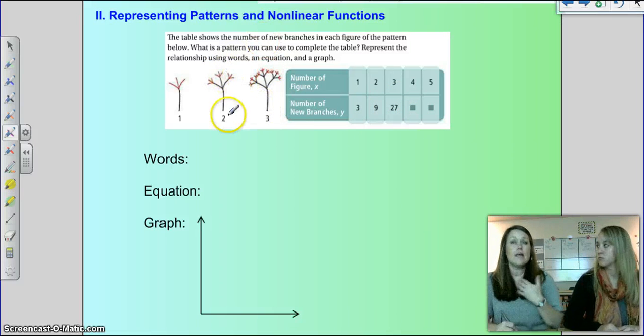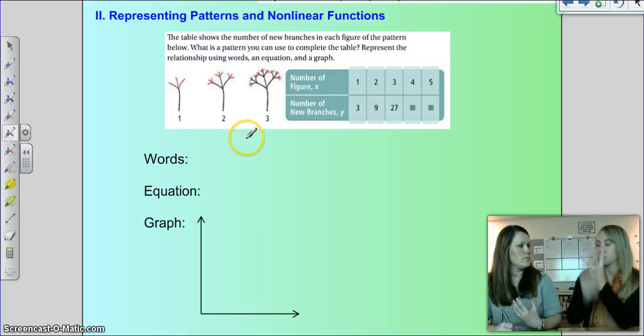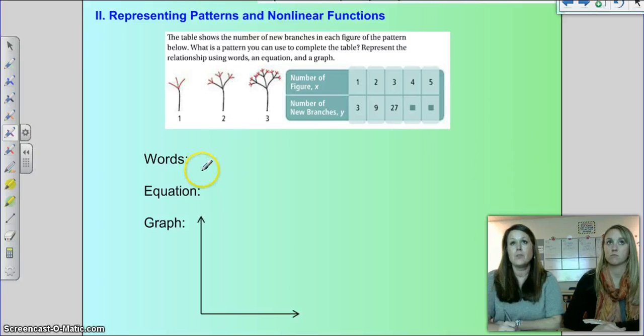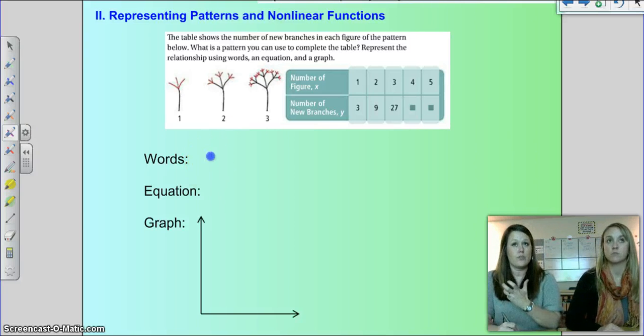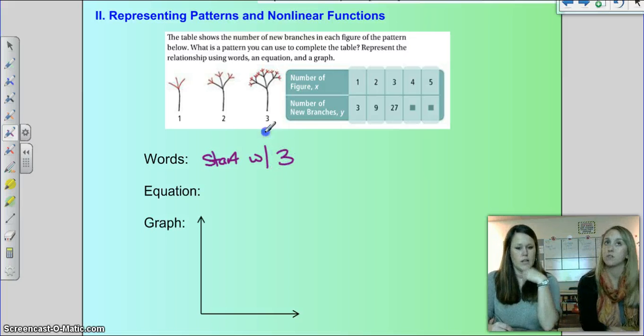Right. So what's happening here? Each one of these gets 3. So if I'm doing something 3 times 3 times, that's cubing something. Right. Okay. So we start with 3. So whenever we write a rule, we always say start with whatever your base is. So start with 3. And then